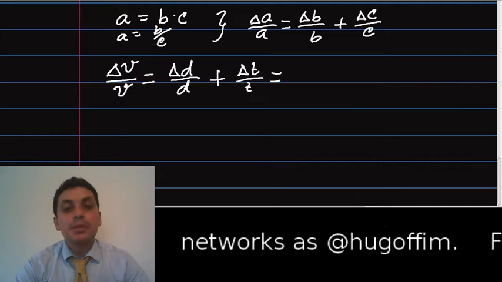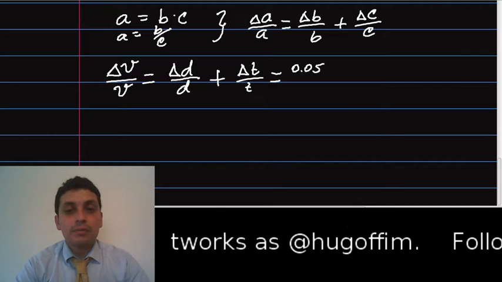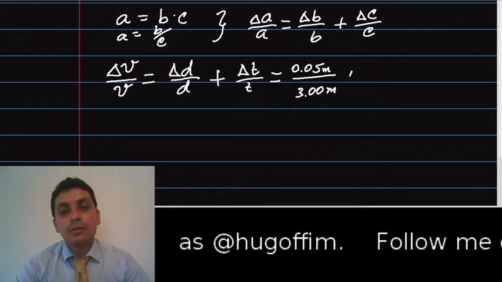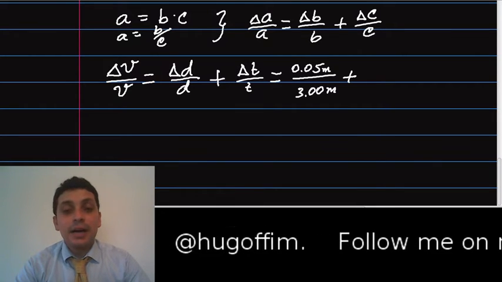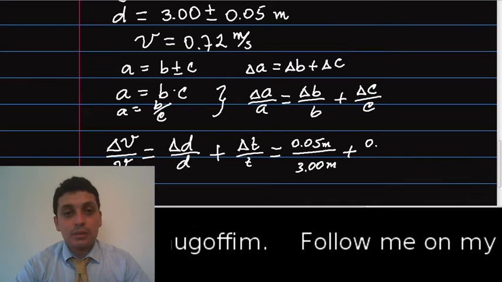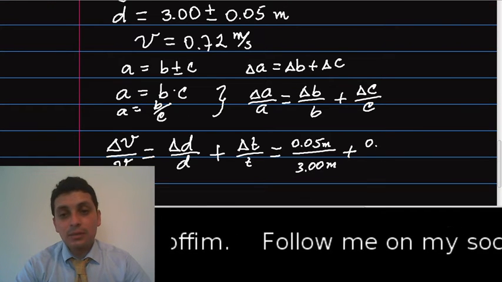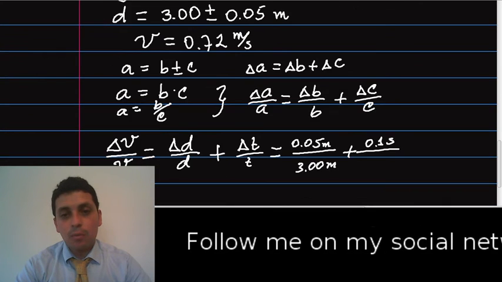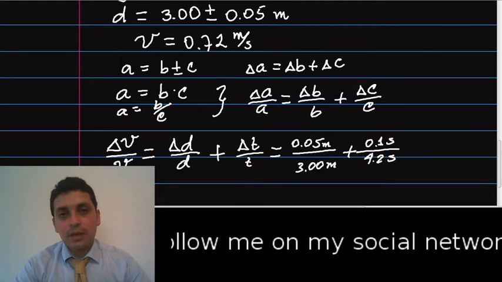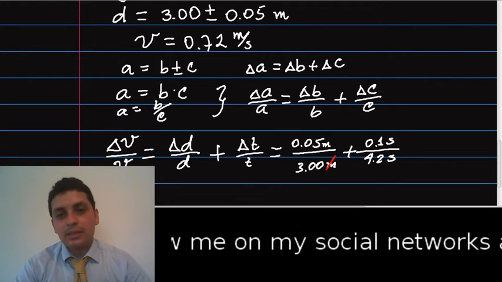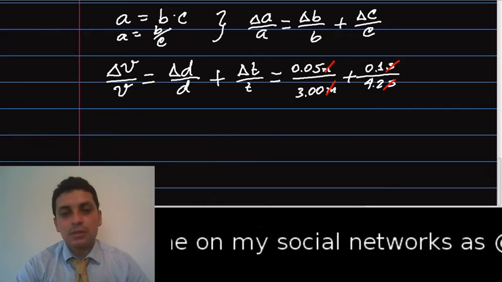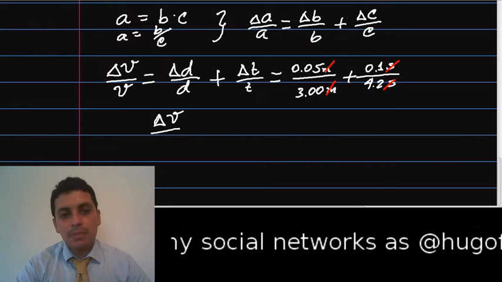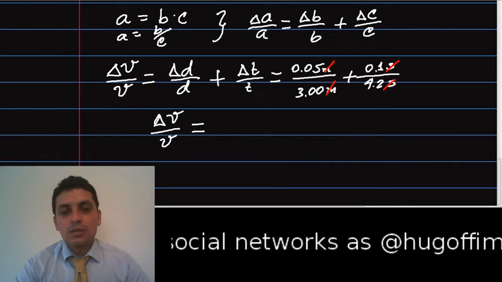So we just need to determine the result. 0.05 meters divided by 3.00 meters plus the time uncertainty 0.1 seconds divided by 4.2 seconds. You can see that the units cancel because it's relative. When we have relative uncertainties, it can be expressed as a percent. So the relative uncertainty for the velocity is going to be